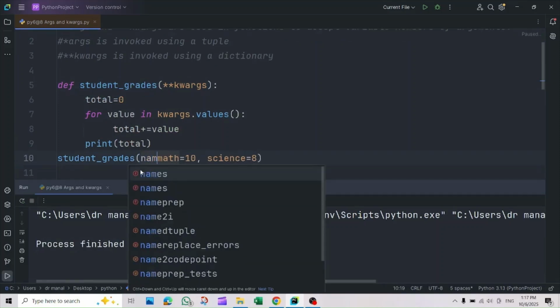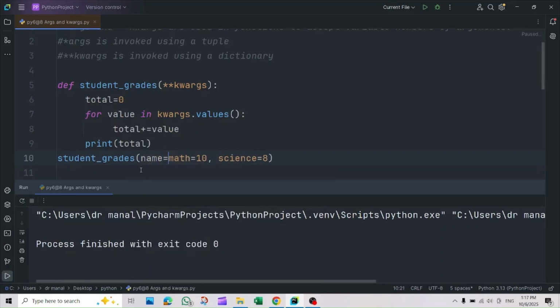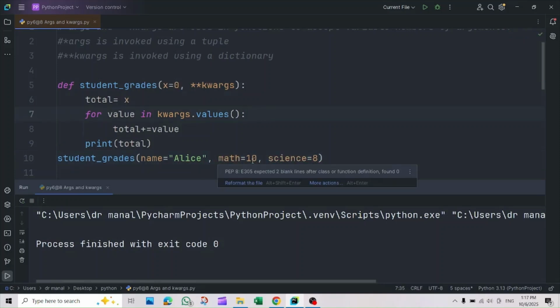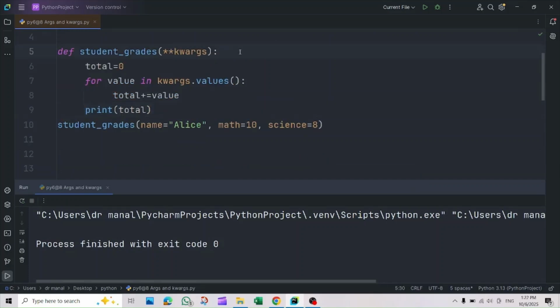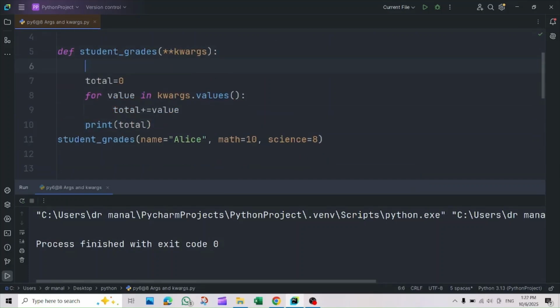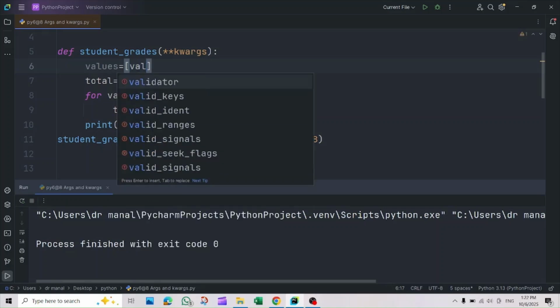What if we have another item here, name equals Alice? We need to add the values starting from the second item of index 1. So let's now have values equals the list, extracting each value from the items. So extract value,